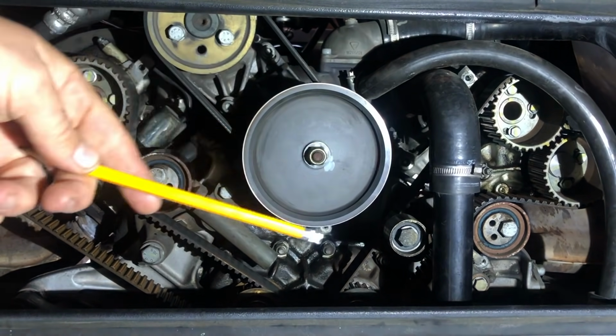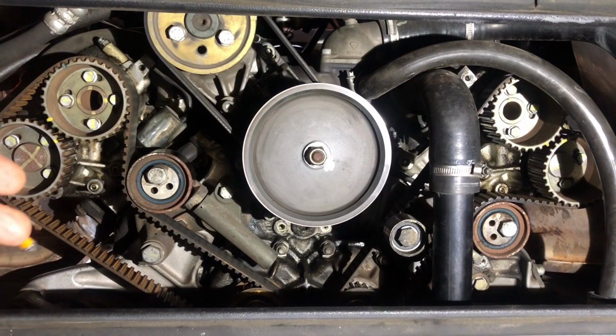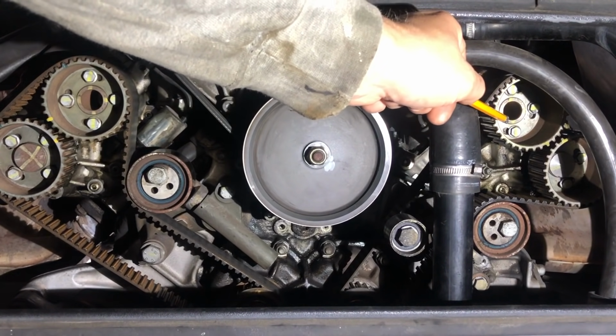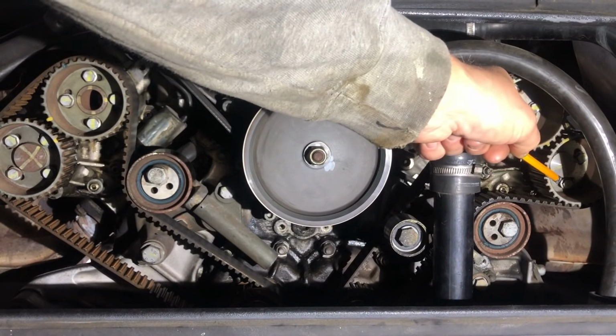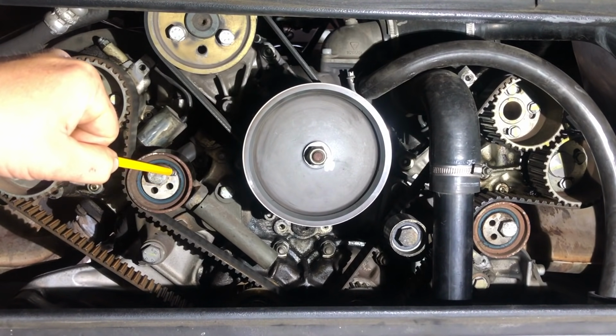Let me quickly run through the layout here on the Ferrari 360 engine for those of you who are new to this or a little bit unsure. Up the top here we have our intake cam. This is for cylinders 1 to 4. Our exhaust cam for cylinders 1 to 4. On the opposite bank over here we have our intake cam for 5 to 8 cylinders, exhaust cam for 5 to 8 cylinders. We have our tensioner bearing